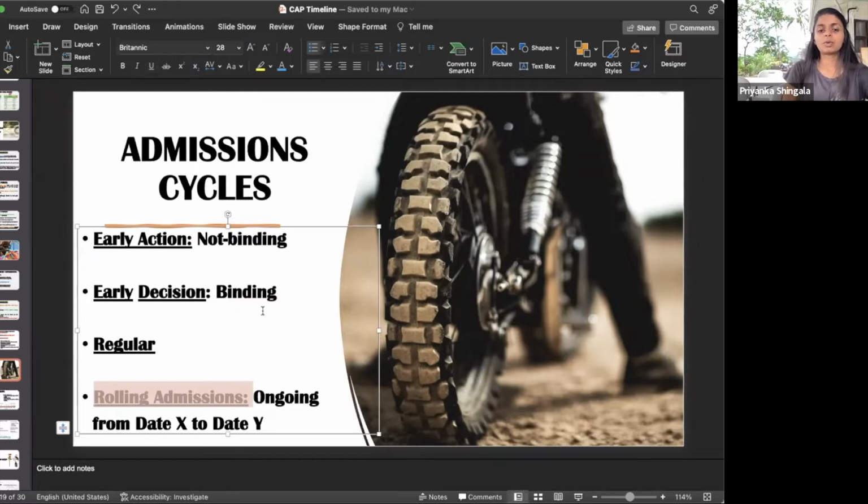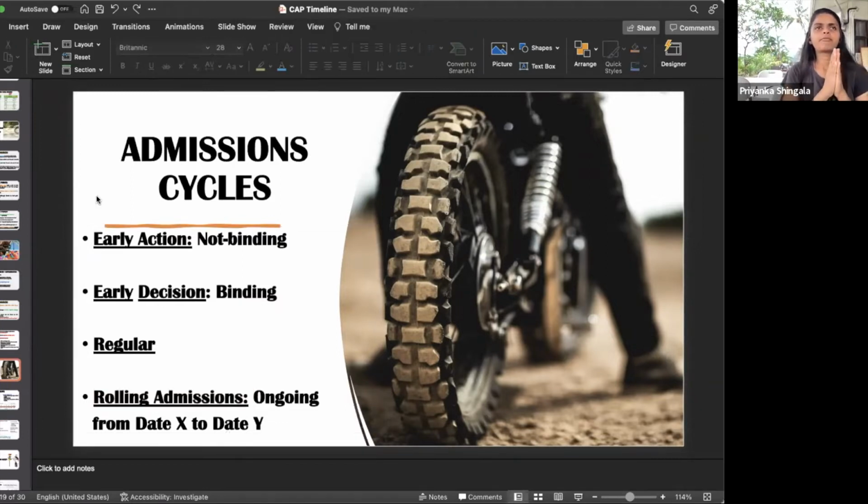And then there's also something called rolling admissions. Rolling admissions means, simply put, that usually from August 15th to March 15th, if you apply anytime within that time frame, then you will find out within a month if you were accepted or not. The application cycle is just ongoing. So you can apply anytime. We'll tell you within a month. Obviously, if you are genuinely interested in the university, apply as early as possible when more seats are open.